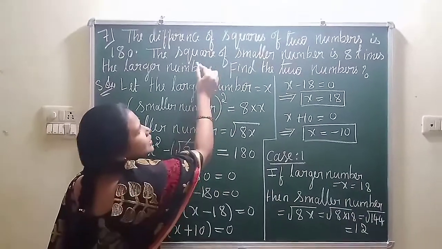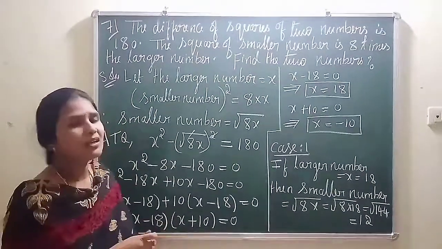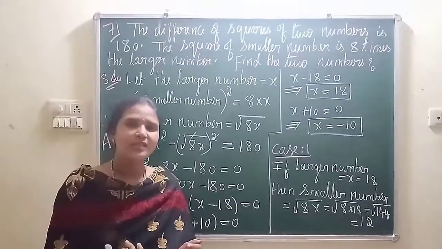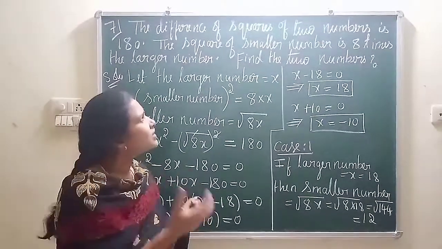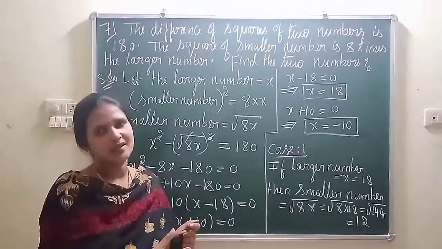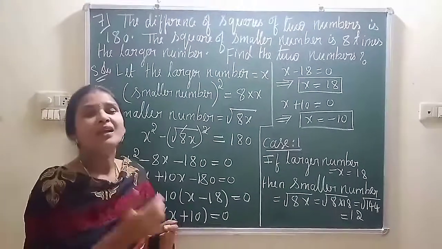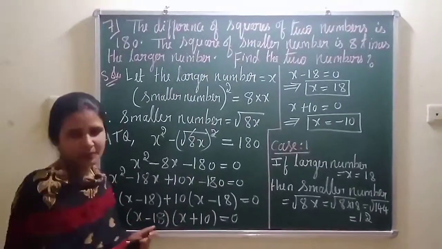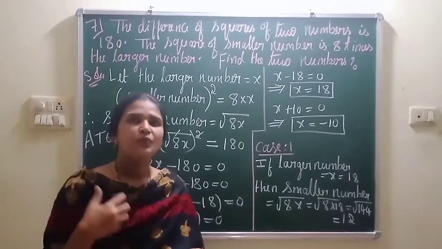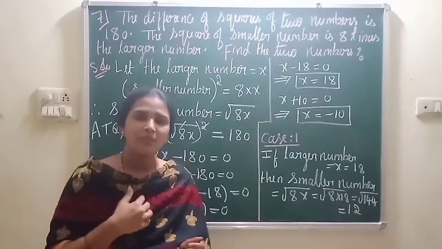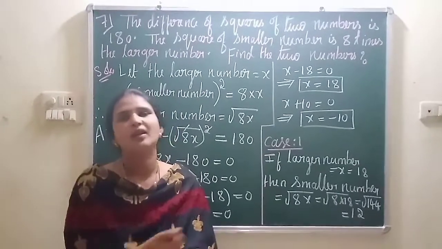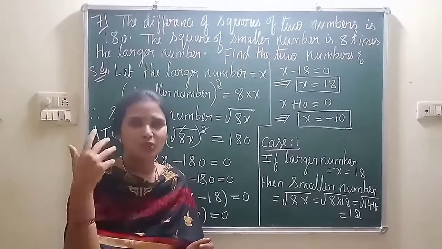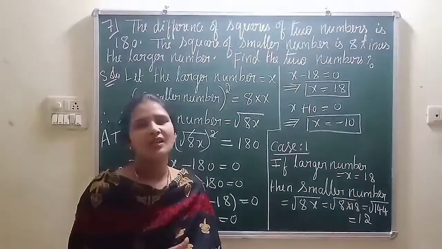So you can see the second sentence, the square of smaller number is 8 times the larger number, means the square of the smaller number is depending upon the larger number. I always said you, whenever you have this type of situation, so whichever variable is at the last of the sentence, you assume that as a x. That is nothing but independent variable. Always you have to assume independent variable as x. Like for example, if I take my age is 4 times than my daughter age. So I am depending on my daughter. So first I have to assume the daughter age. That is, she is an independent variable and I become the dependent variable. So I have to assume my daughter age as x and my age automatically I can get it.